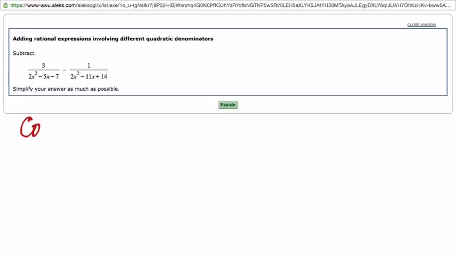I need a common denominator, just like before, right? Unless the denominators that we start out with are already identical, it's up to us to go through the process of determining a common footing on which to put them so that they can be subtracted. All right, well,